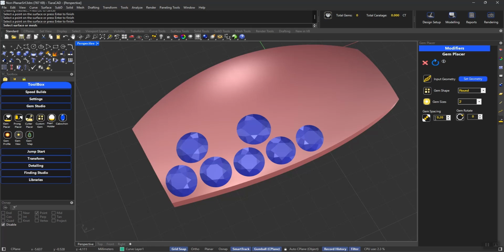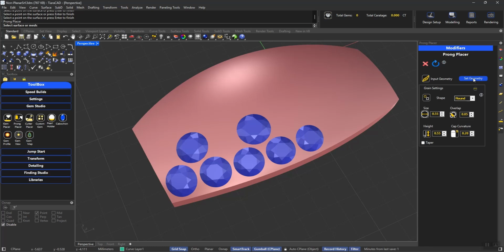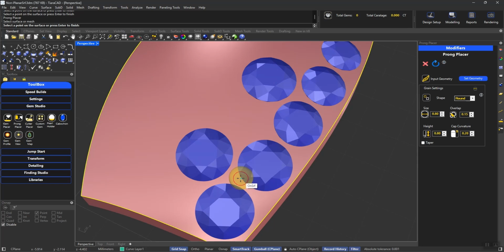The same thing is possible also for a Prong Placer. So if I say set geometry, right now the sizes are 0.55. Let's make this 0.8 and 0.8 to begin with. I need an overlap of 0.15 and you can see that I'm getting a red circle inside to take care